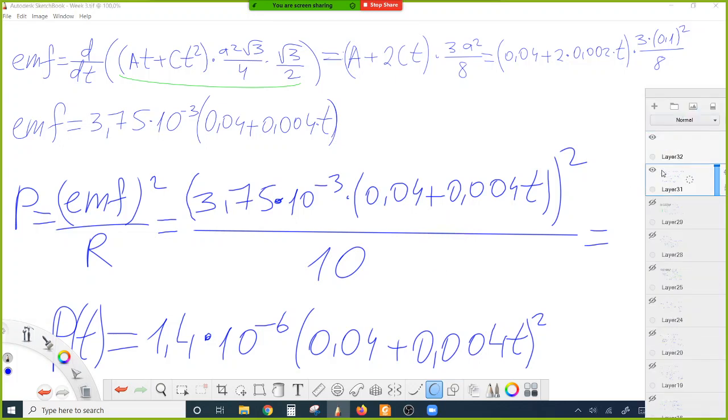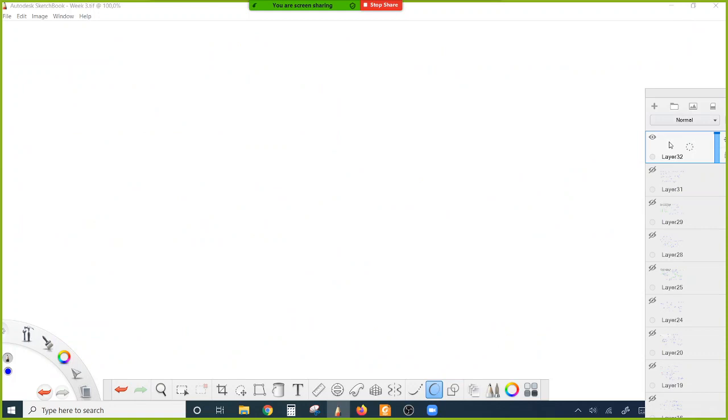Okay, so the amount of heat Q is equal to the integral from T1 up to T2 of power P(t) dt, and